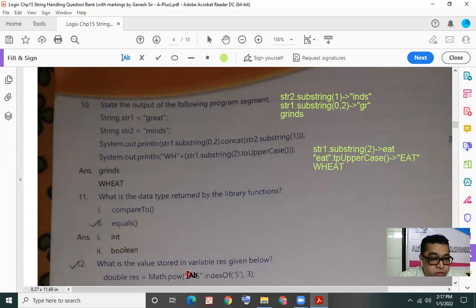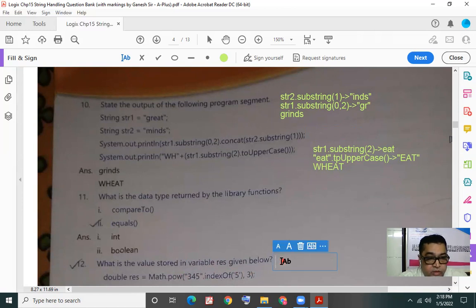Now what is being done is we want to find the position of the digit 5 in the string 345. What is the index position of 5 in the string 345? 3 is at index position 0, 4 is at 1, and 5 is at 2. So the index position of digit 5 in this string 345 is 2. That will act as the base for the pow method, and 3 will be the power.